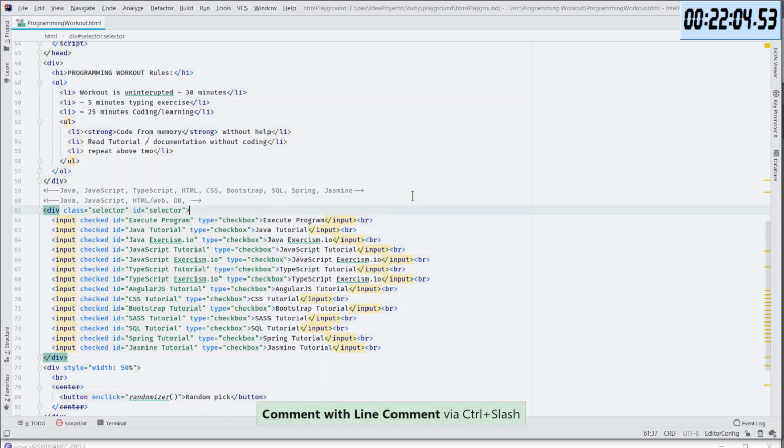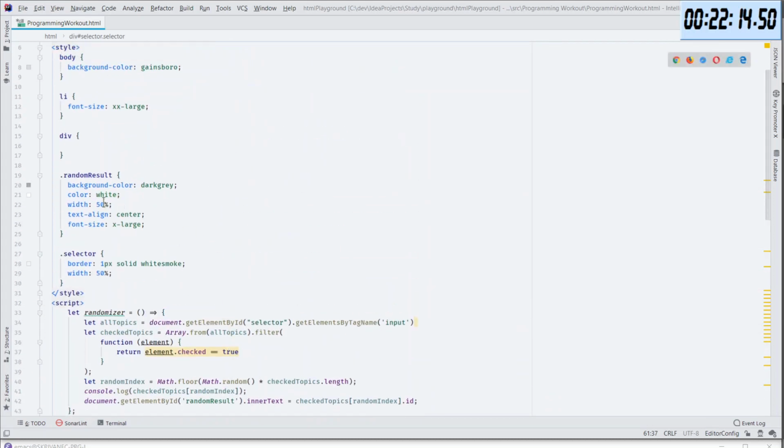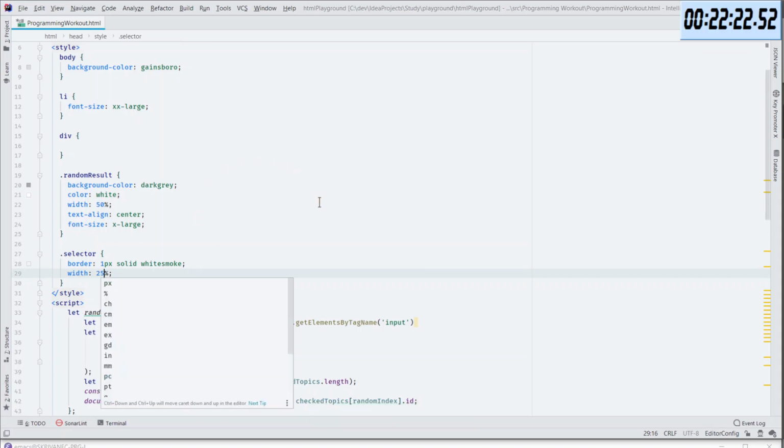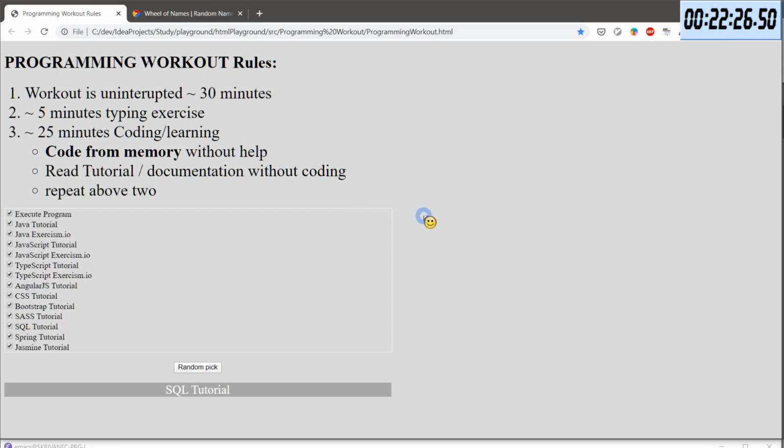So we have 4 categories. So I can do it 25%, sounds reasonable to me at this moment. This is the random result. So 25 it is. I'll save it. And let's have a look how it looks. And that looks reasonable. There's more space than I thought there would be.